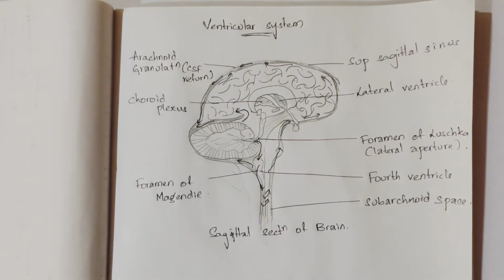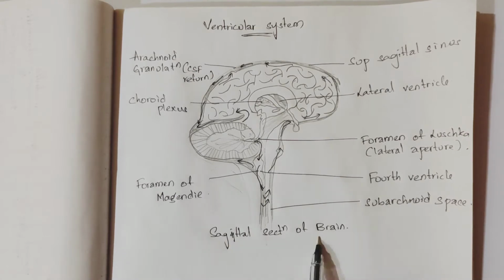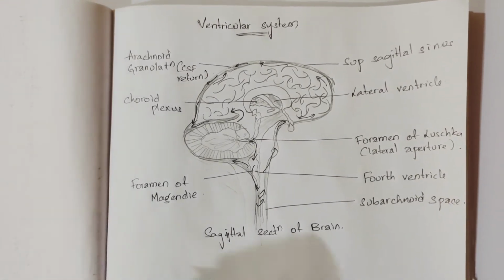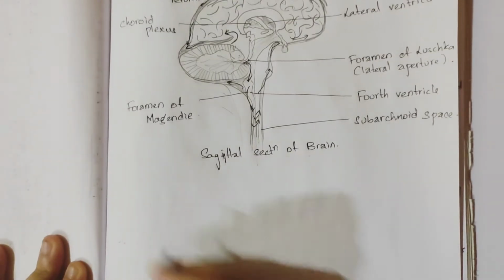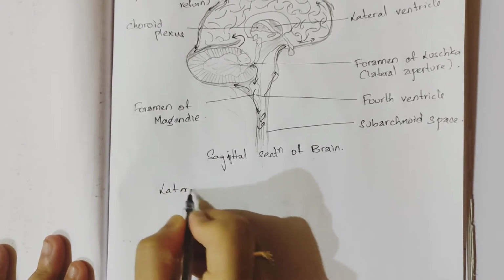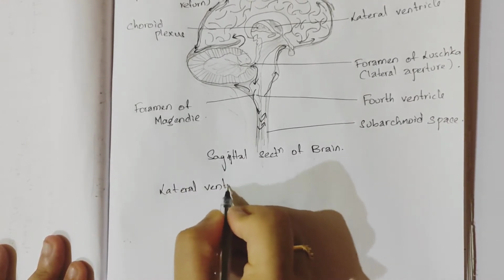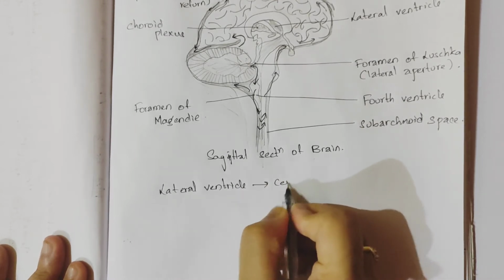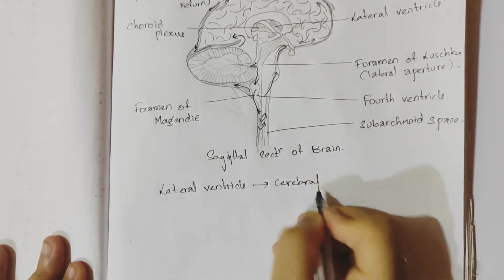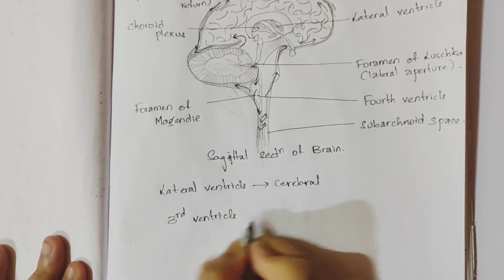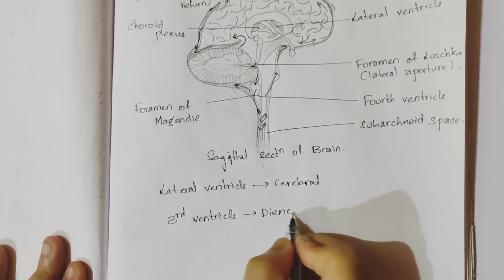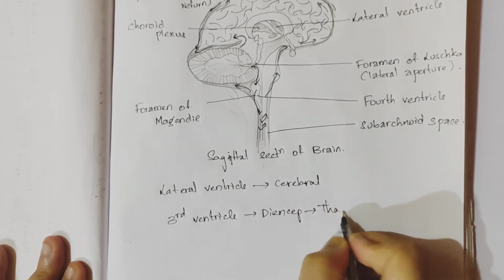Hi, today we are going to discuss this ventricular system. As you can see, the name suggests ventricles. Here is the sagittal section of the brain. As we know, the brain consists of four ventricles, that is the lateral ventricles, which are present in the cerebral hemispheres, and the next one is the third ventricle, which is present in the diencephalon, that is in the thalamus, and also the next one